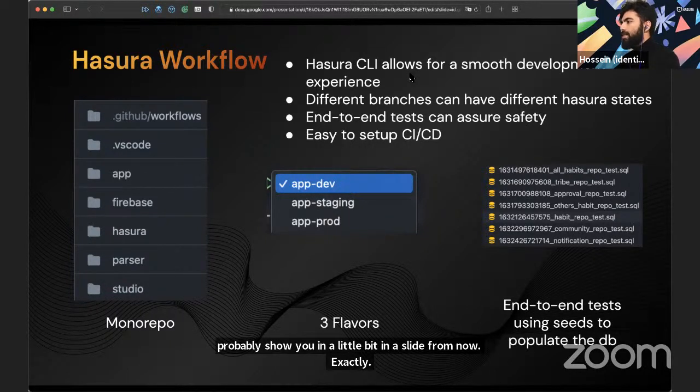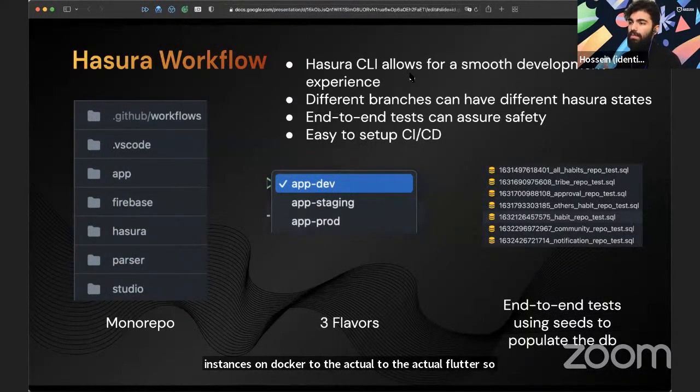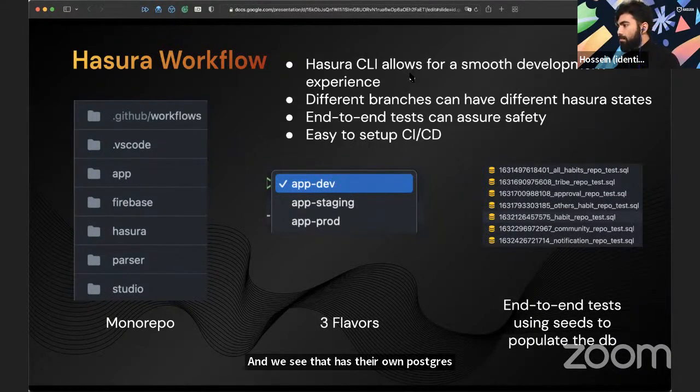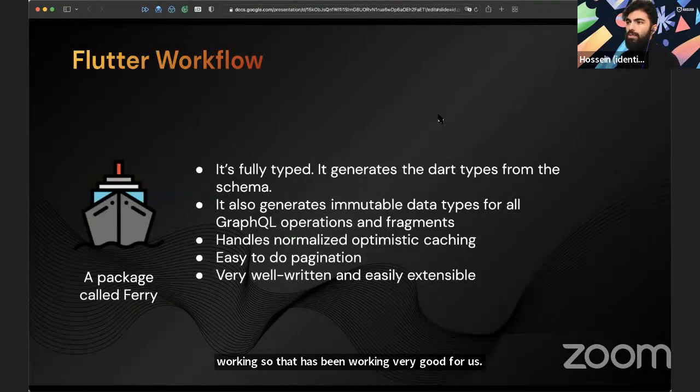But the gist of it is that we test all the way from Postgres and Hasura, which are real instances on Docker, to the actual Flutter. So we run the Flutter test, and we see that Hasura and Postgres are actually working. That has been working very well for us. We can actually see if the real thing works or not.